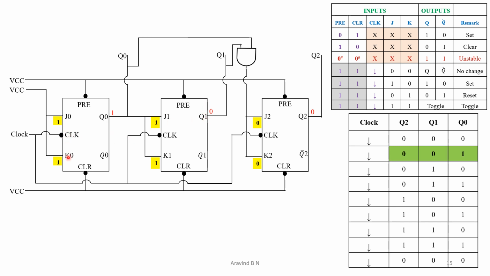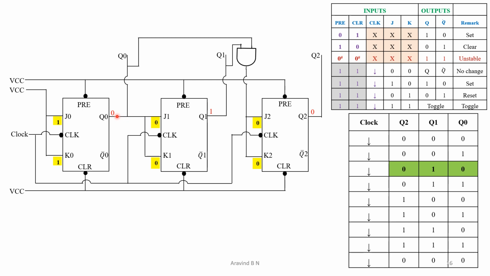What about this one? Again input is 1, 1, clock applied, then this will get toggled and this value 1 will get updated to 0. Then in the next stage we are supposed to get the output as 0, 1, 0. Now let us see, are we going to get that or not? See, here we are going to have output 0, 1 and 0.